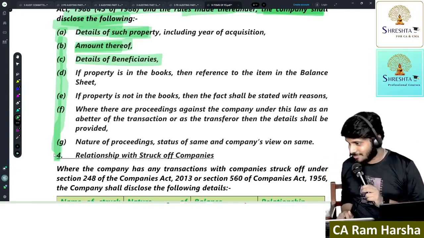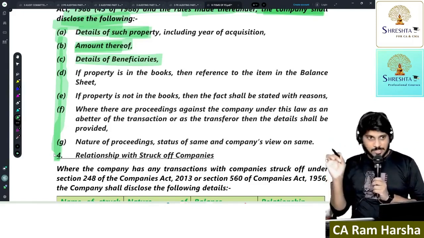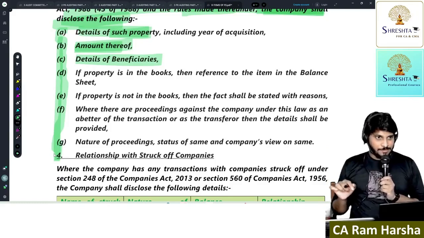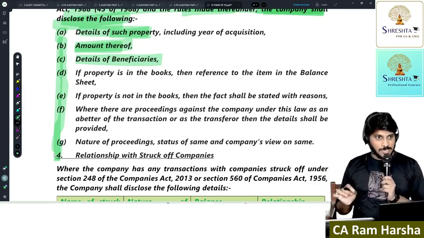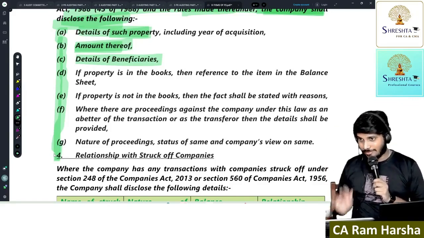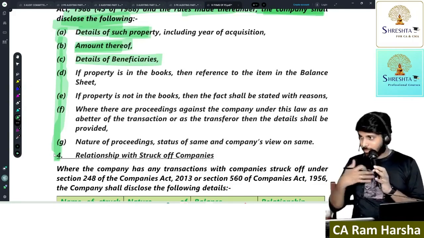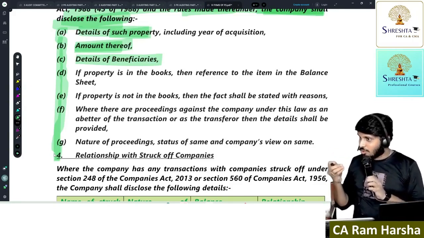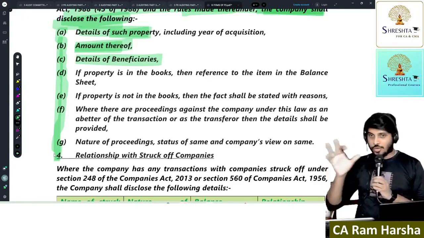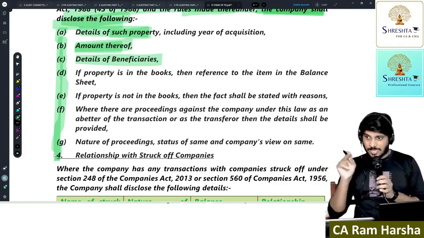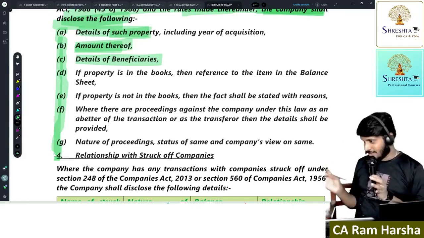First point: if you do not write a point which is there in the suggested answer, he will identify that you didn't write it. If you write an additional point beyond the suggested answer, he cannot decide whether it is right or wrong. Logically correct or not? If you give me a costing paper and you write one additional note, how do I know it's right or wrong? I will see 5 points, you wrote only 4, I can tell one point is missing. But if you write one extra point, I don't know if it is right or wrong. That one advantage is there for everyone.